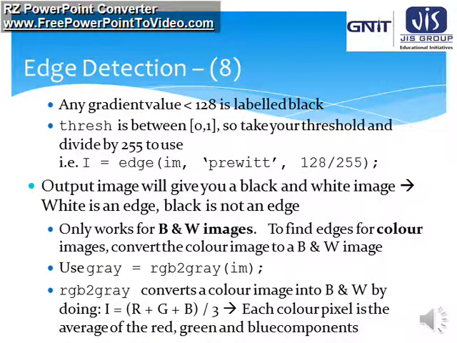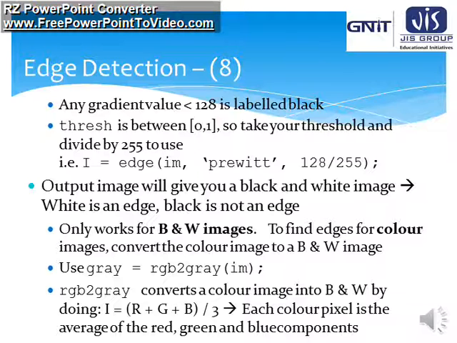Any gradient value less than 128, as I have already mentioned, is labeled as black. This thresh is between 0 and 1, so take your threshold and divide it by 255. That is, I equals edge(im, 'prewitt', 128/255).